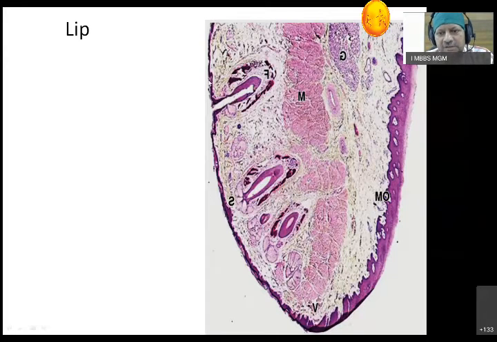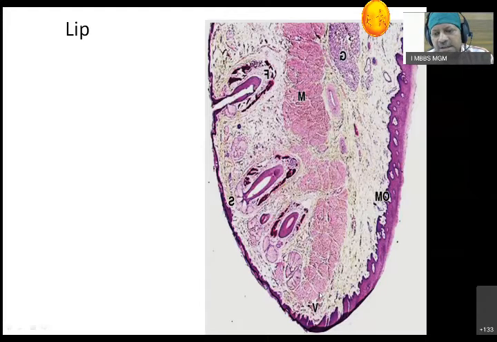So this is a slide of a lip. It shows the stratified squamous epithelium with all the characteristic features of the skin: hair follicle, sebaceous gland. Then you see the junction where the epithelium is changing. Remember, the epithelium of the skin of the lip is thinner compared to the epithelium of the mucosa, the inner side of the lip. Can you see this epithelium? It is quite thicker, but you don't see the hair follicle or the sebaceous gland here. And between these two, we see the muscle layer, the middle muscle layer.